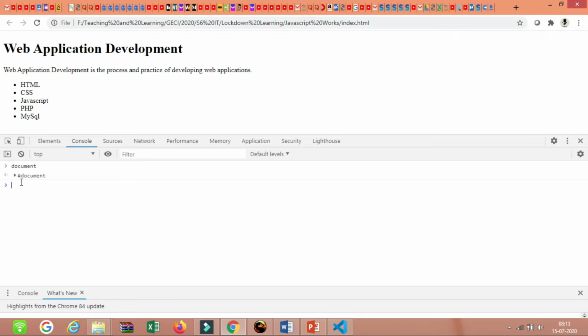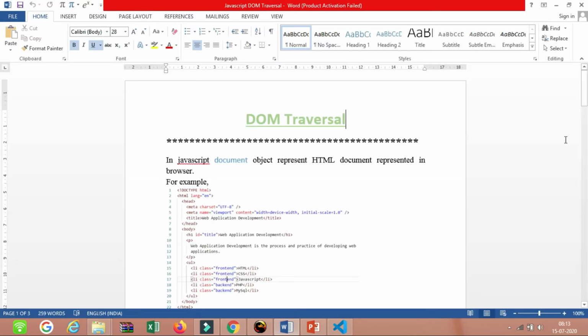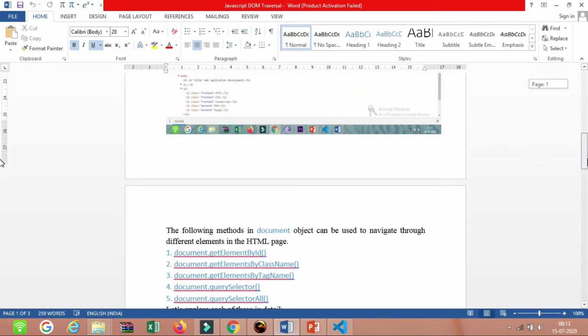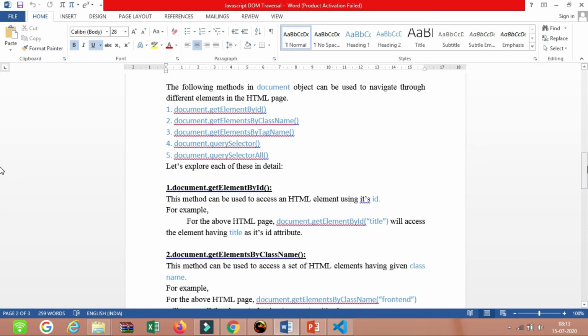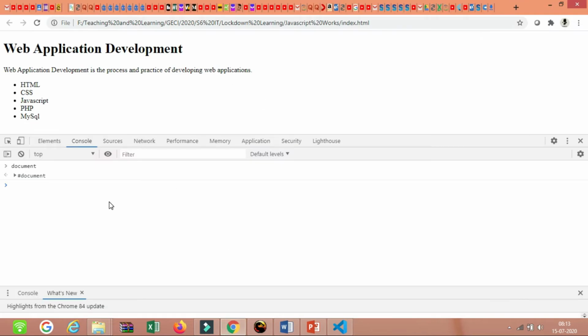Inside the document object we have several methods. So we will discuss some common document object methods. These are the common document object methods we are going to discuss today: document.getElementById, document.getElementsByClassName, document.getElementsByTagName, document.querySelector, and document.querySelectorAll. Okay, we will learn them one by one. Let's start with